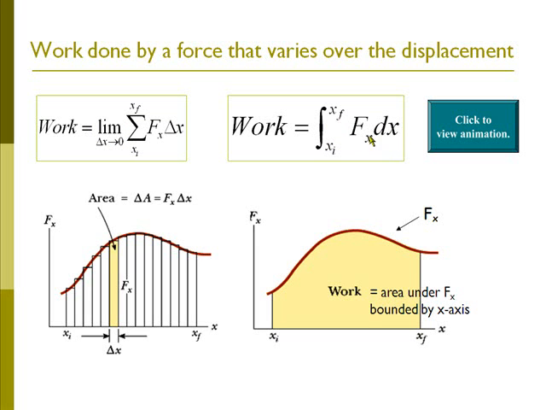So when we take the integral of f along the direction of dx from the initial object's position to the final object's position for which the force was acting on the object,